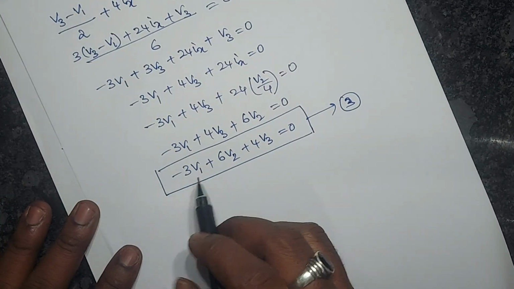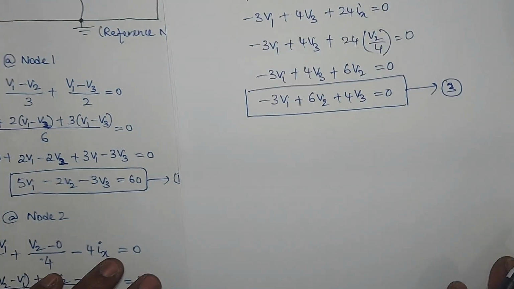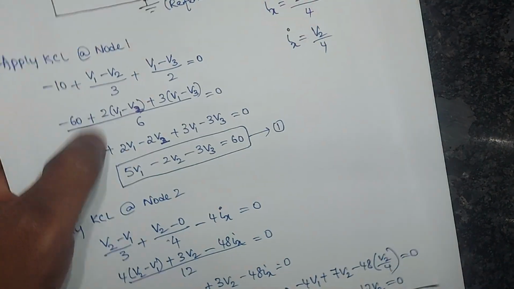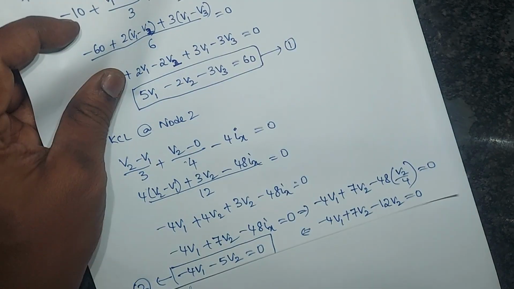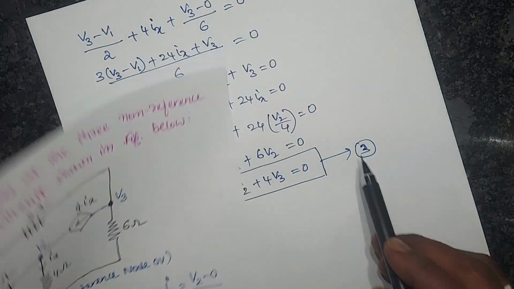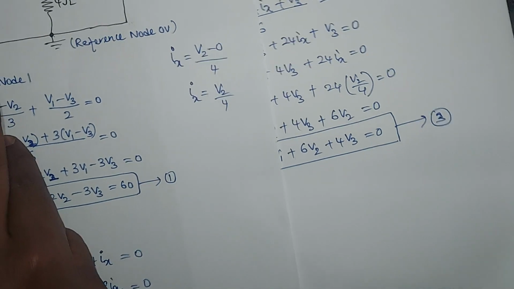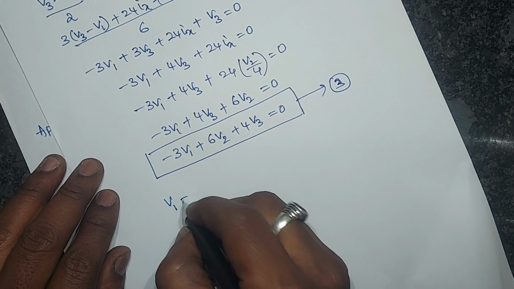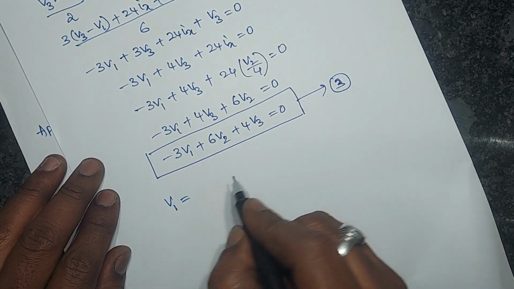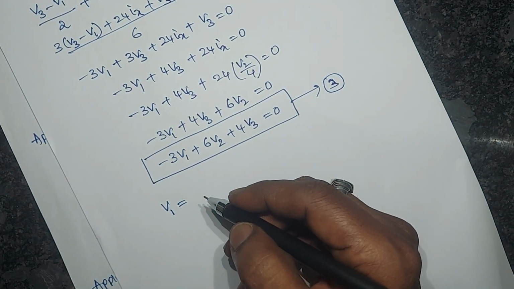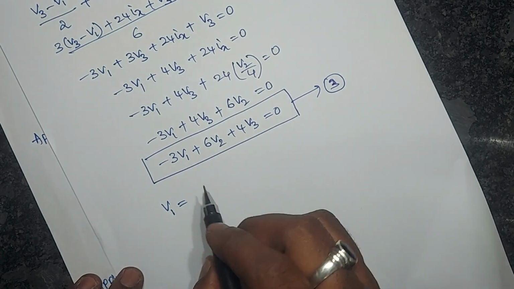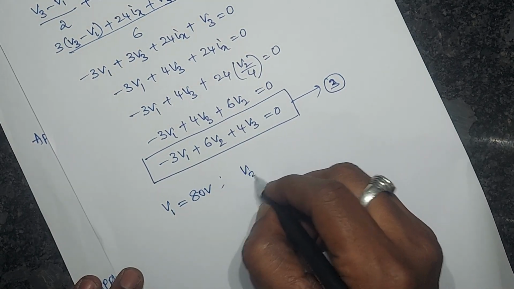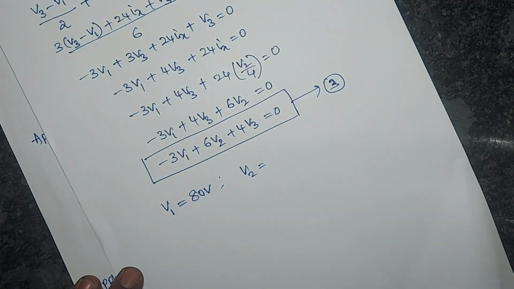Okay, so by simplifying these three equations, this is equation 1, this is equation 2, and this is equation 3. By simplifying this we got the V1 value as, what is the V1 value? V1 value is 80 volts and V2 value is minus